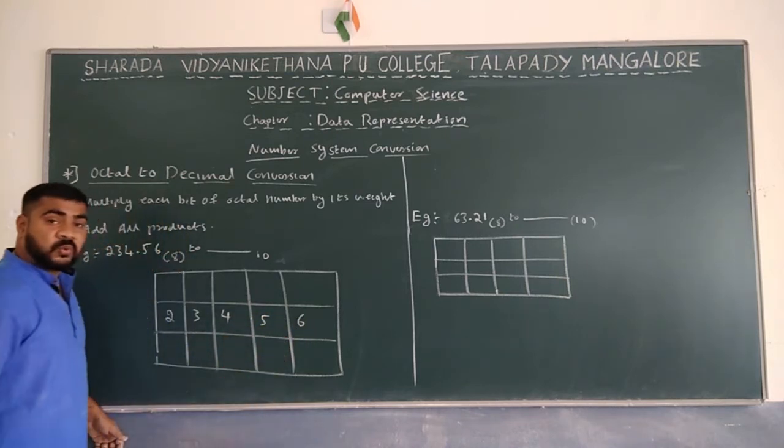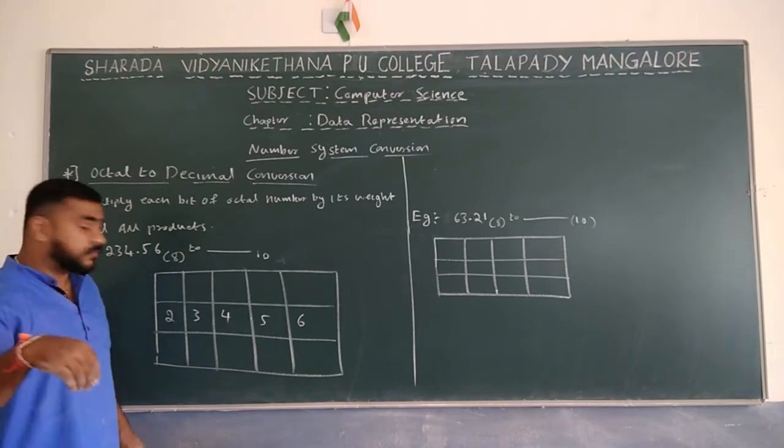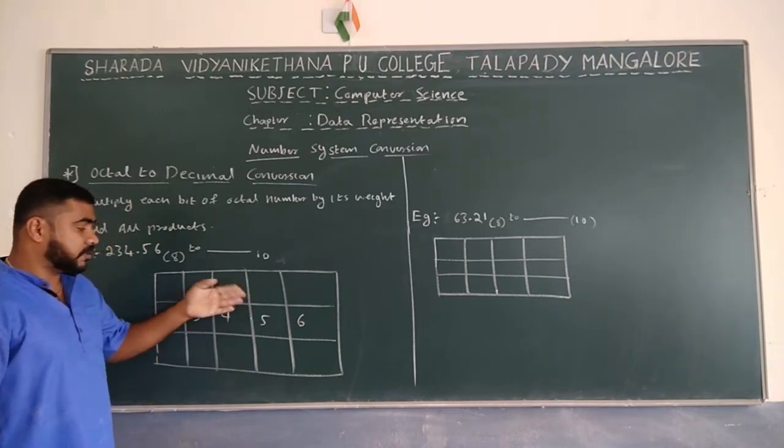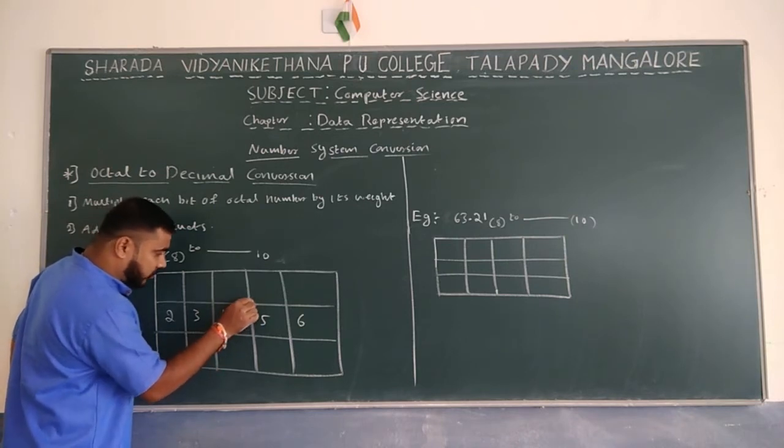234.56. This is the number. If this number is given, then you have to write the positional weights. Here it is a fraction. So from the fraction towards the left side,